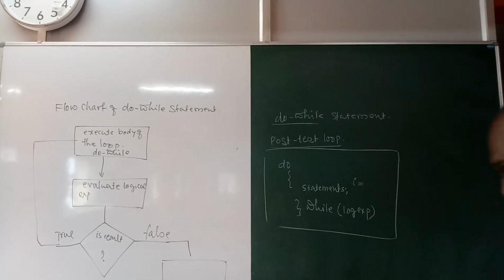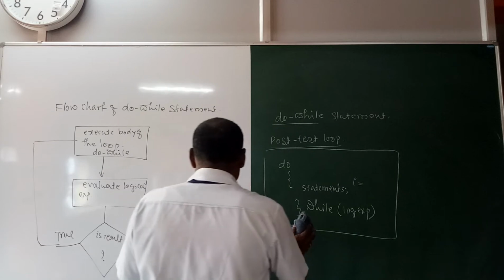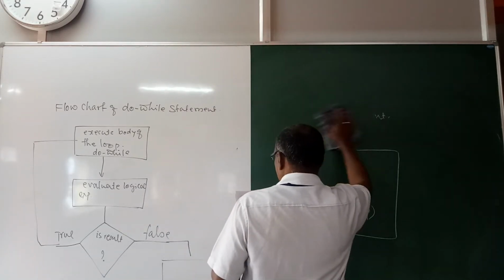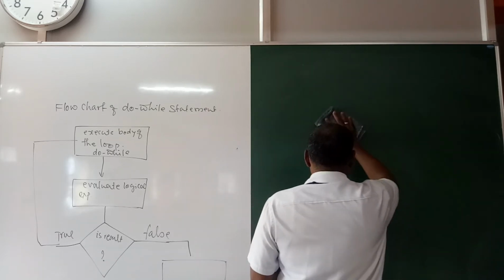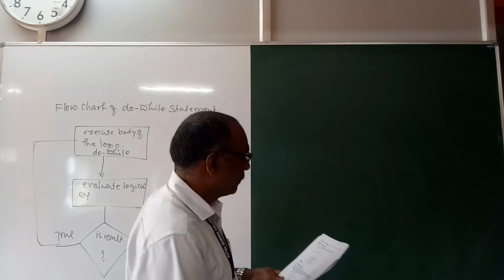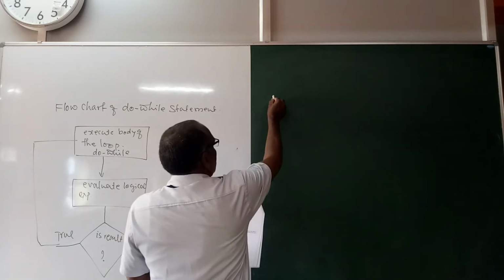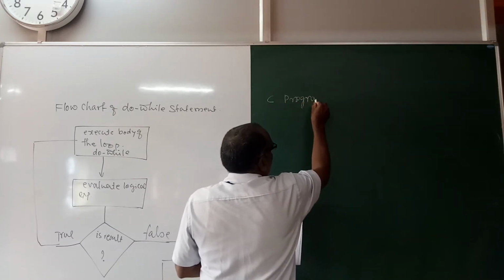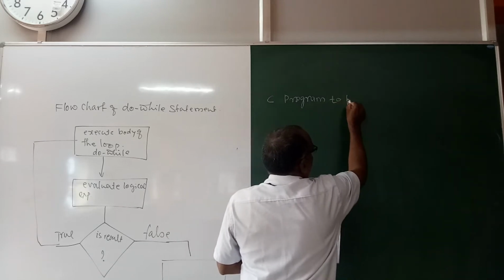I'll write a simple program using C language. C program to print the sum of all odd integers between 1 to 50. C program to print